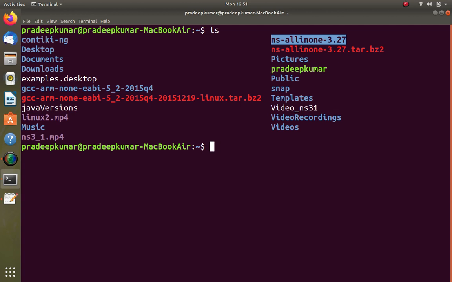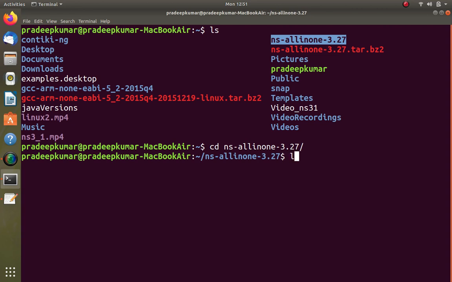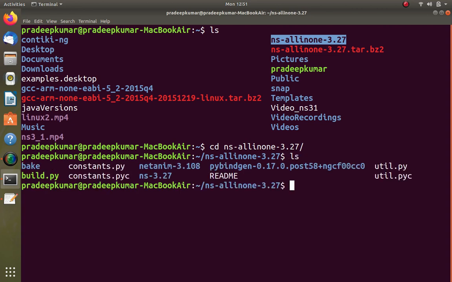To go inside, we know the change directory command: cd ns and press tab. I already told you that you can use the tab for faster auto completion. Once you have done it, check the contents of ns all-in-one.